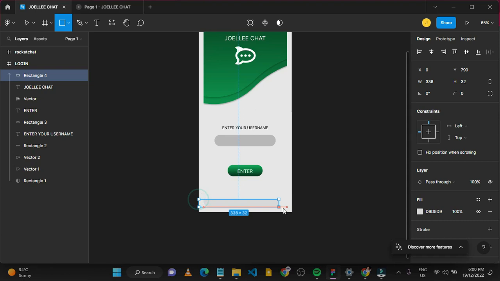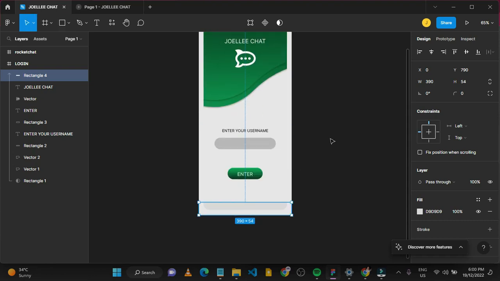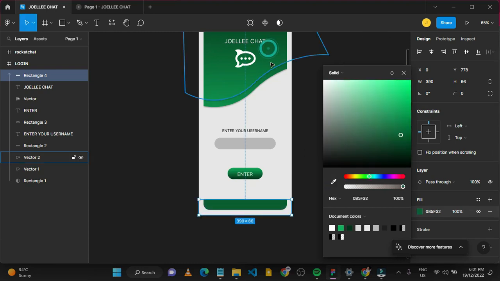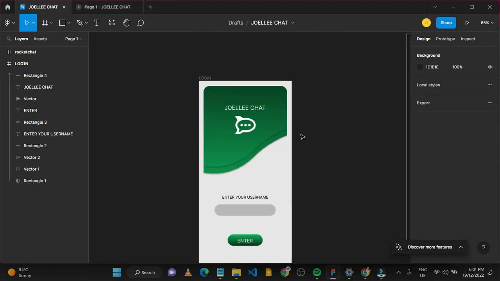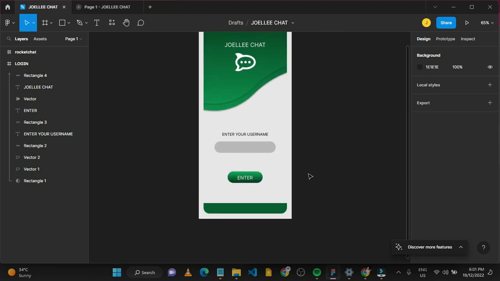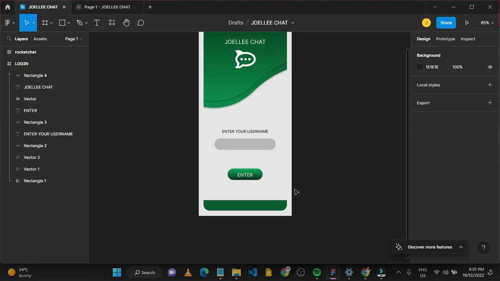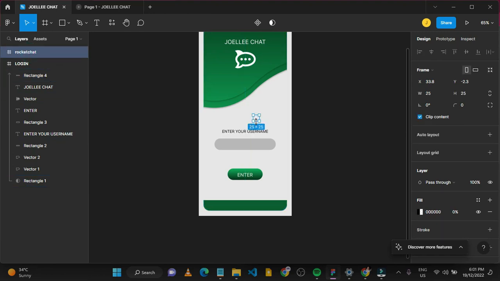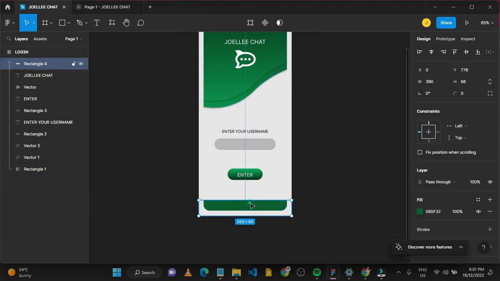The next thing is that we use the rectangle to create that Android or phone navigation bar, but we are going to change that color. Let's increase it. Navigation bar: back, menu, home. We are going to use the main color that we use, which is the green. So we use the pen tool to pick a color from there to automatically copy the color and make it its own color. Pen tool in the color panel. Then after that, we are going to make those three navigation icons for phones: the circle, the rectangle, and all those things. Now we're going to use